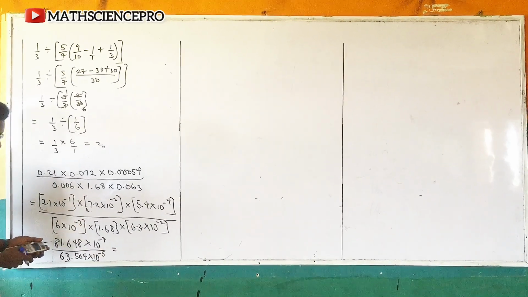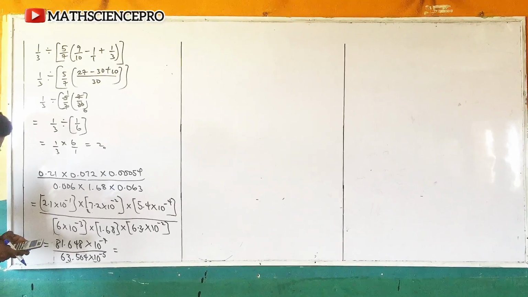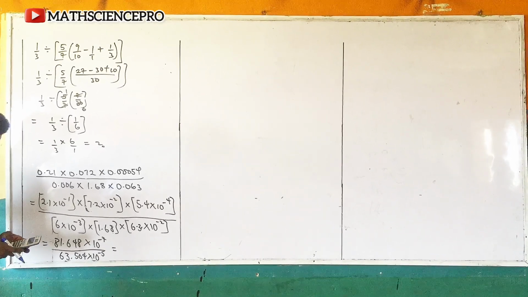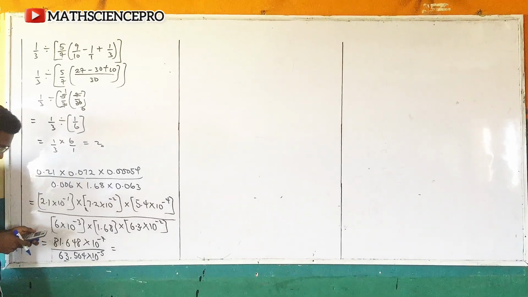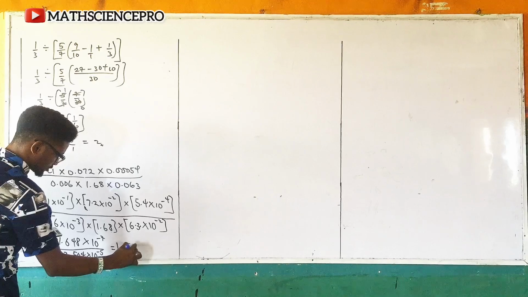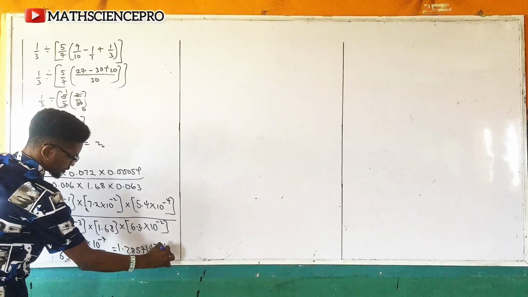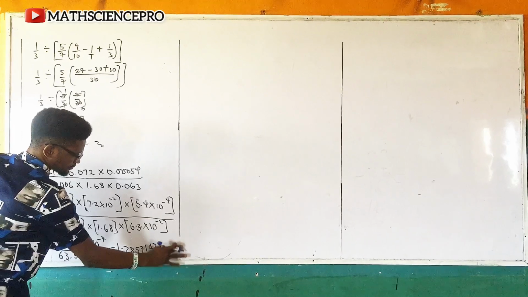So I'm having now 81.648 divided by 63.504. That's going to give me 1.285714286, now multiplied by 10 raised to power